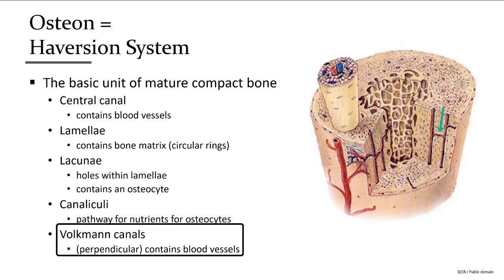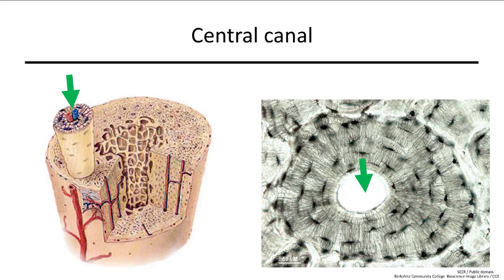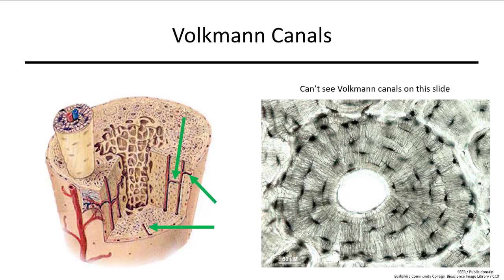Volkmann canals are larger tunnels that run perpendicular to central canals, connecting one central canal to another. The arrow is pointing to the central canal with the blood vessels inside in the diagram. On the histology side, you don't see the blood vessels anymore, but that's where they would be. Volkmann's canals are not seen on the histology slide on the right, but we can see them on the diagram